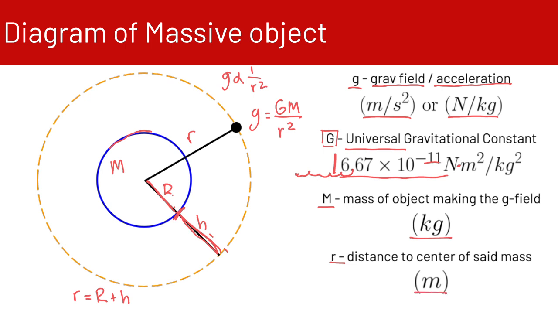So again, little r is the distance from whatever body we're talking about here. Say it's a satellite, say it's a moon, say it's a person orbiting the Earth, whatever. This body from here to the center of the object's mass, to the large mass, that is r. And this force here, or this acceleration, is g.